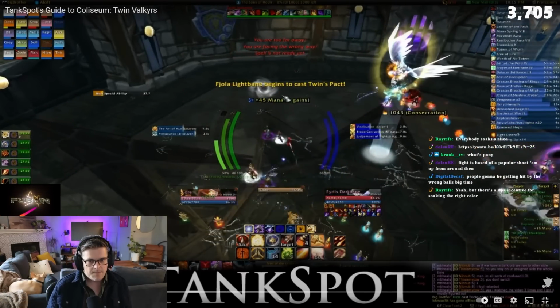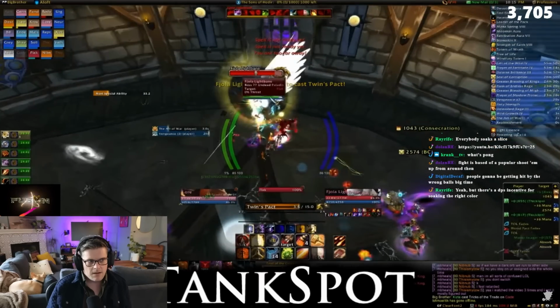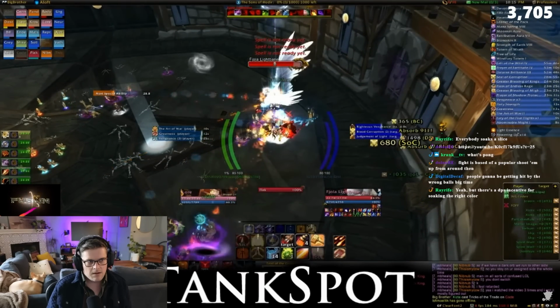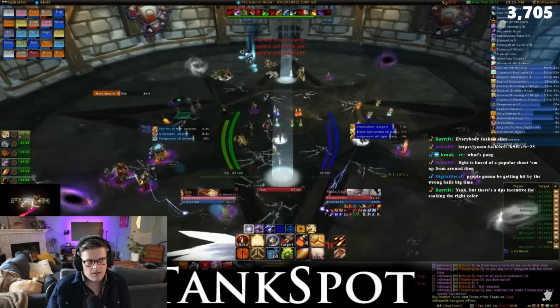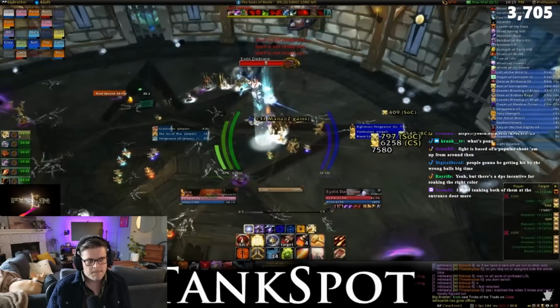Use one of 2 random special abilities, one of which is Twin's Pact. This is a powerful heal that will restore a very large amount of HP to both Valkyr if successfully cast. It needs to be interrupted quickly, but in order to do that, you'll have to break through a damage shield that the twin casting the spell will put up beforehand. All ranged DPS who aren't currently attacking that twin should change...